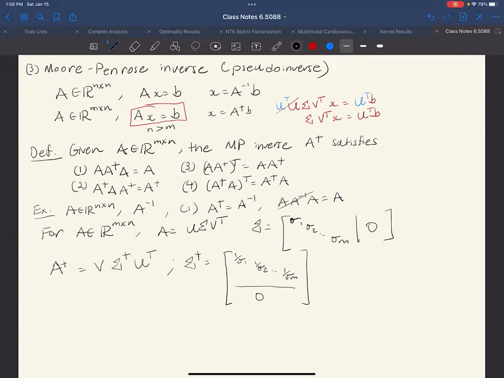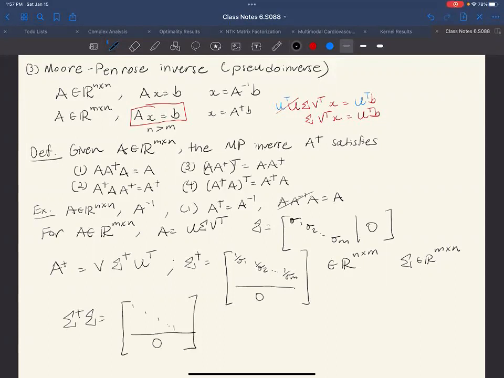And in particular, what do we actually have? Well, sigma dagger is an R n by m matrix, and sigma, remember, is an R m by n matrix. So what do sigma dagger and sigma look like together? If I look at sigma dagger sigma, this is going to end up looking like an n by n matrix of just ones